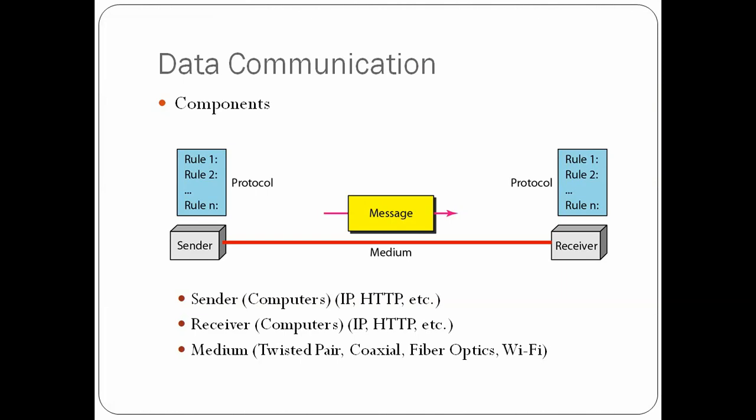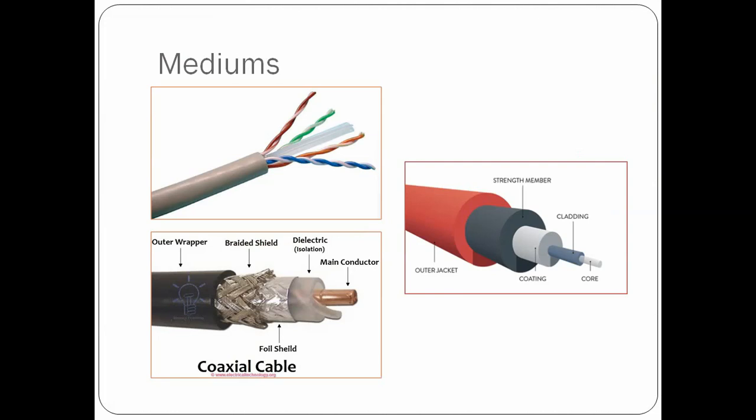The third one is the message, and the message in this case will pass through a medium. A medium, as we discussed in the lab classes, can be a twisted pair cable, a coaxial cable, a fiber optic cable, or can be through Wi-Fi. Now Wi-Fi, that is 802.15, is again a protocol, which we will see in the later half of the session. For the basics, first we need to understand what is a twisted pair cable, a coaxial cable, and a fiber optic cable, because these are the most important mediums whenever we are sending data from a sender to a receiver. Now if you can see this diagram, we can see that